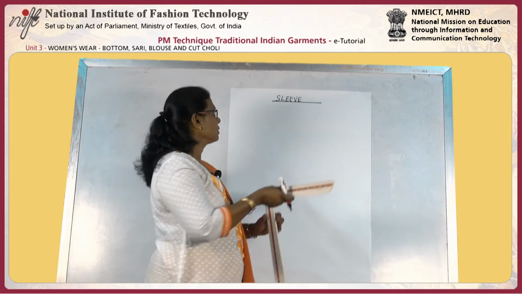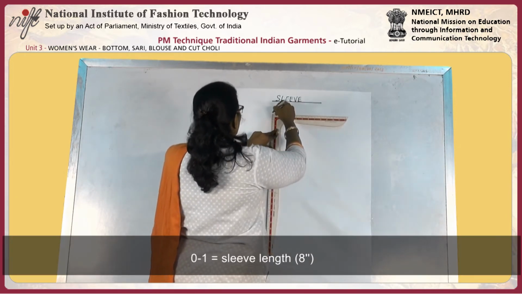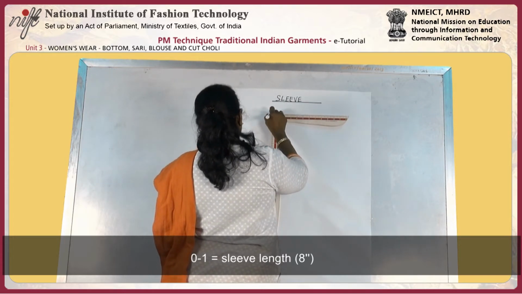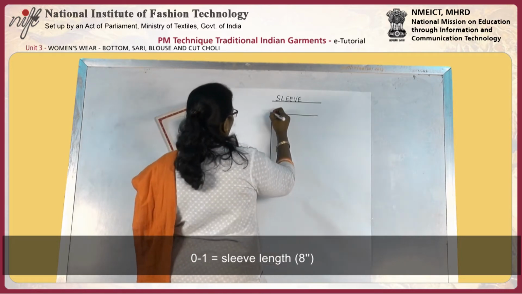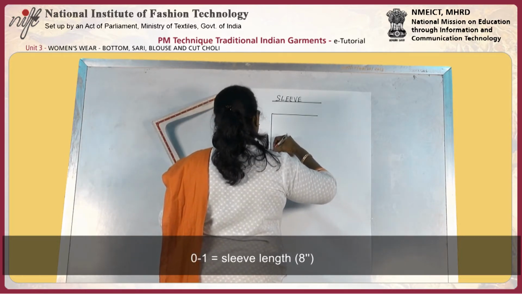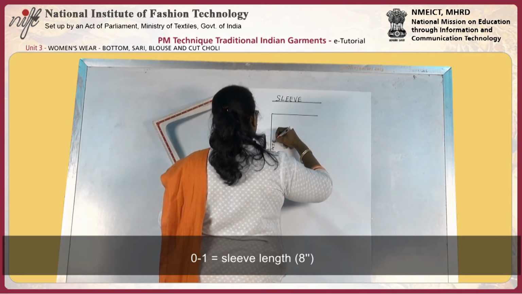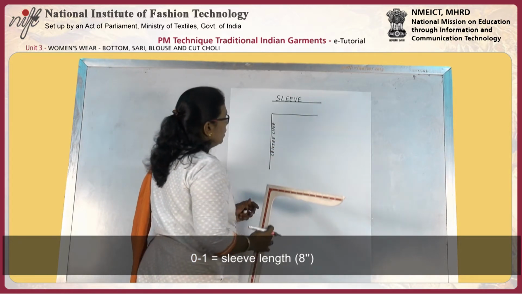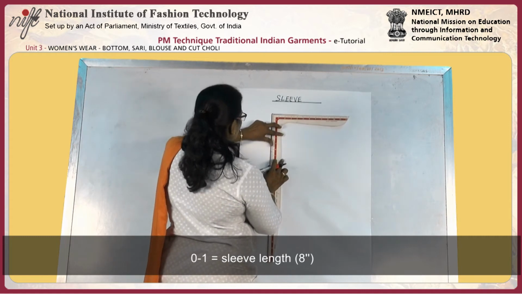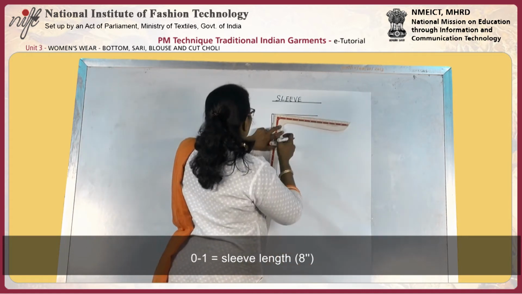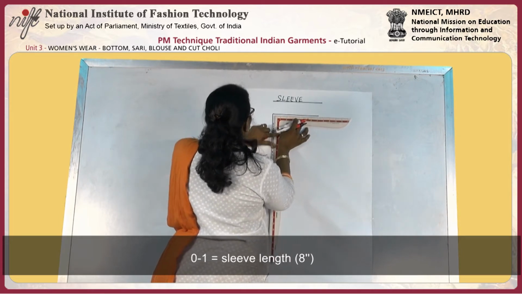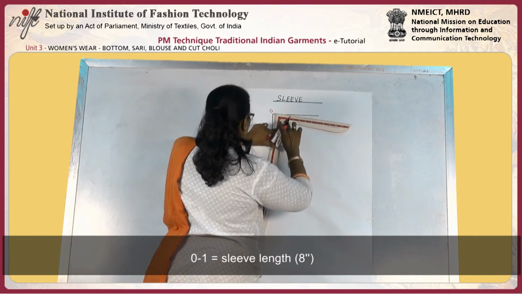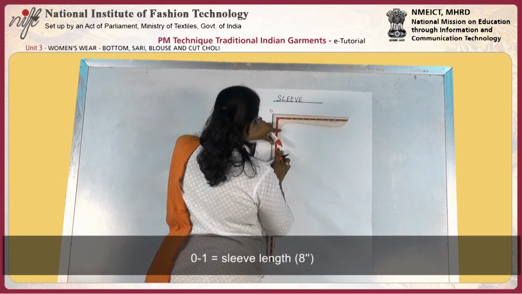Sleeve draft. We should draw the perpendicular line. And this is the center line. And the measurement from 0 is, and this point is 0, 0 to 1 is 8 inches,